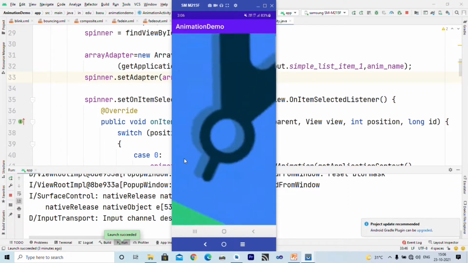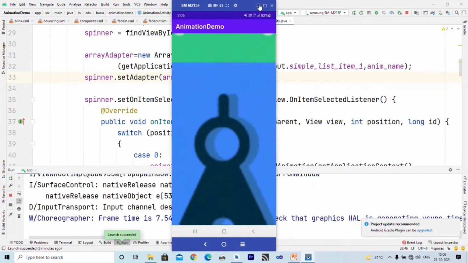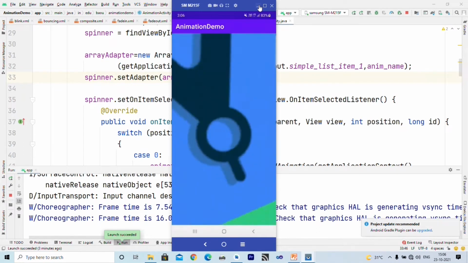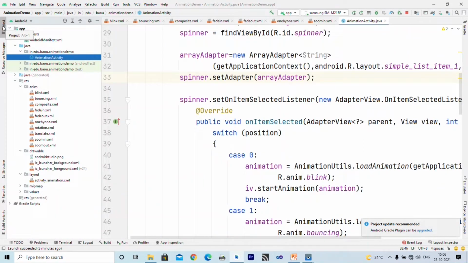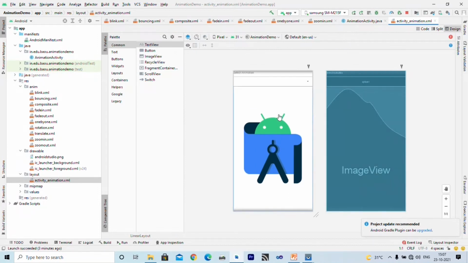So friends, in today's session we will learn how to perform these kinds of animation on the screen. First we will understand the project structure. We have one activity called AnimationActivity, and one layout file called activity_animation.xml. The interface is very simple.